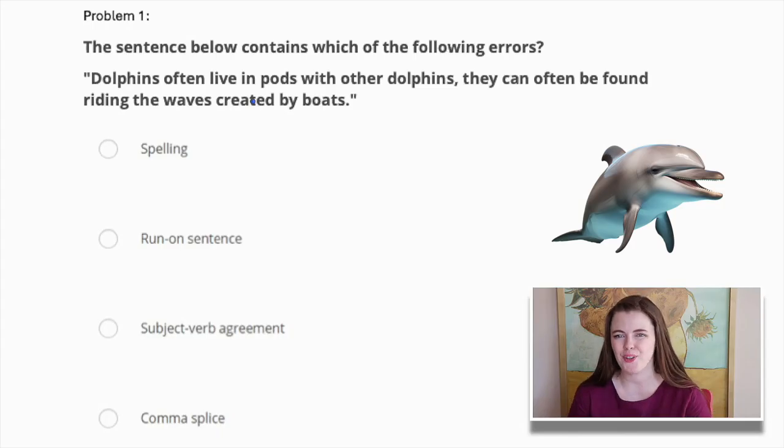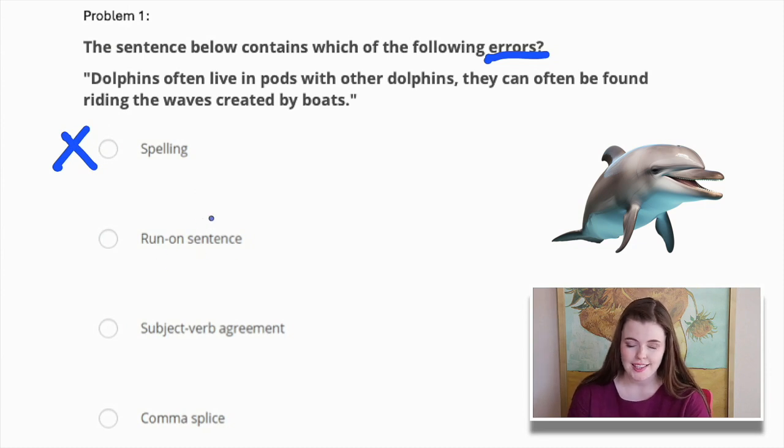Let's go ahead and look at the first problem. The sentence below contains which of the following errors? Dolphins often live in pods with other dolphins. They can often be found riding the waves created by boats. Our first answer choice is spelling, so I'm going to say that's probably not our answer. A run-on sentence. This typically happens when a sentence keeps going on and on and on without any commas or punctuation. I see a comma here, and it's not going on and on, so I would say that's probably not